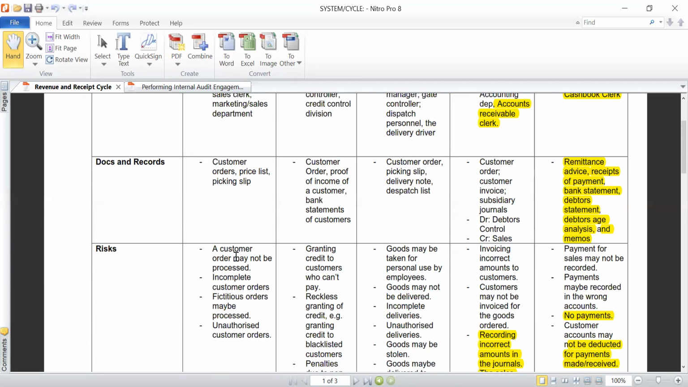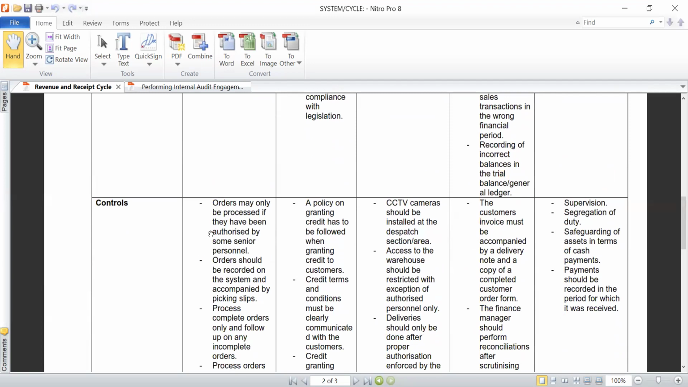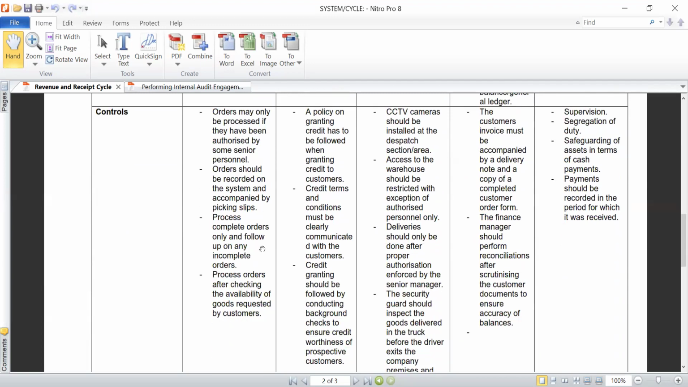depicted something, in a way to give you an idea of what can actually transpire at that particular stage of the cycle and how you can control or mitigate such identified risks. So I also indicated the internal controls that can be put in place in order to